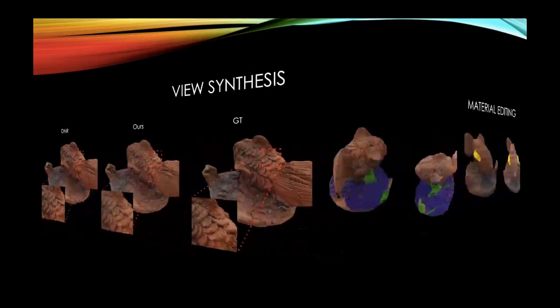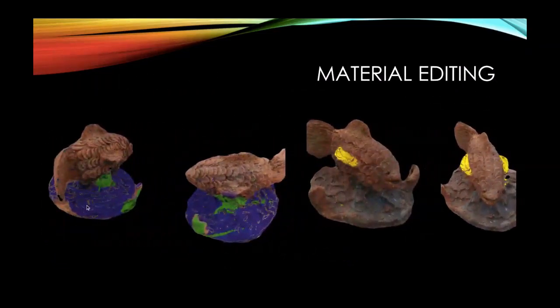Moving on to material editing. Here we have colored the geometry with blue color and green color, and as you can see the coloring is consistent with the geometry, and when we rotate the fish we can see that the coloring is still there. This is not easy with normal coloring, and this coloring is also consistent with the background lighting. This is also shown over here where you can see that it is flowing from low to above, and when we rotate the pose we can see that it's still consistent.